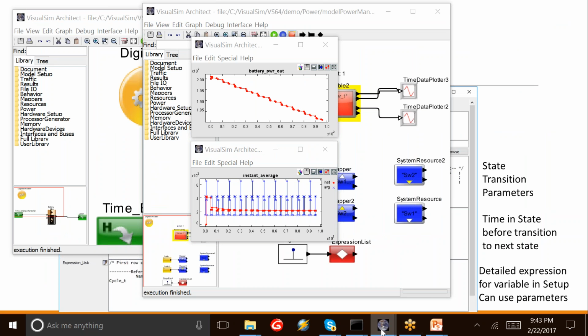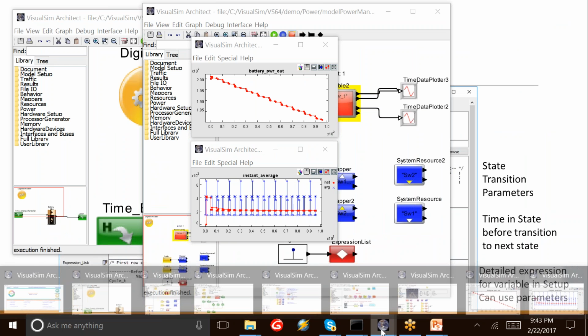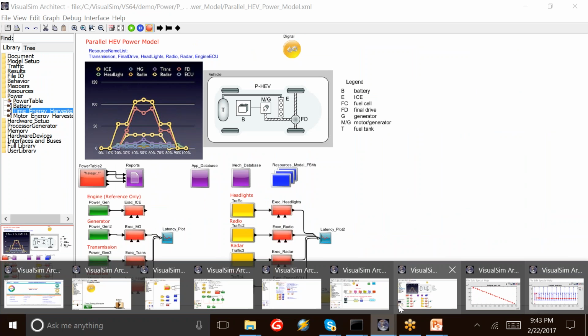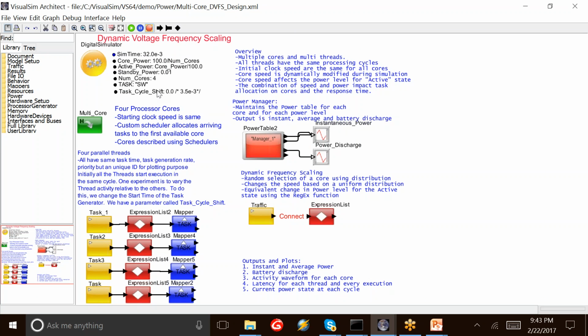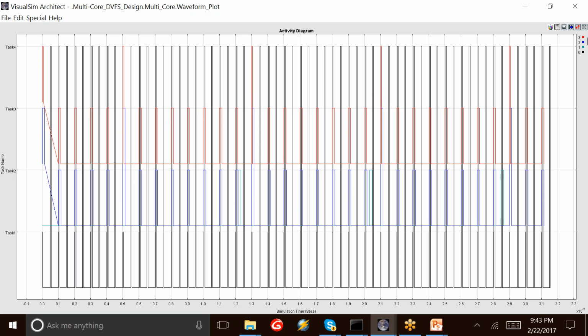So let's look at a slightly more complex design. We're going to look at this system over here where we have 4 different tasks or 4 different activities. We have a multi-core architecture here. And one of the things I have here is a shift, an offset. Why do we need the offset? Initially, I have 4 cores. I'm going to go ahead and run the simulation. Notice over here, all my 4 cores are related to the 4 colors over here: the black, green, blue, and red. So if I go into any of these sections over here,